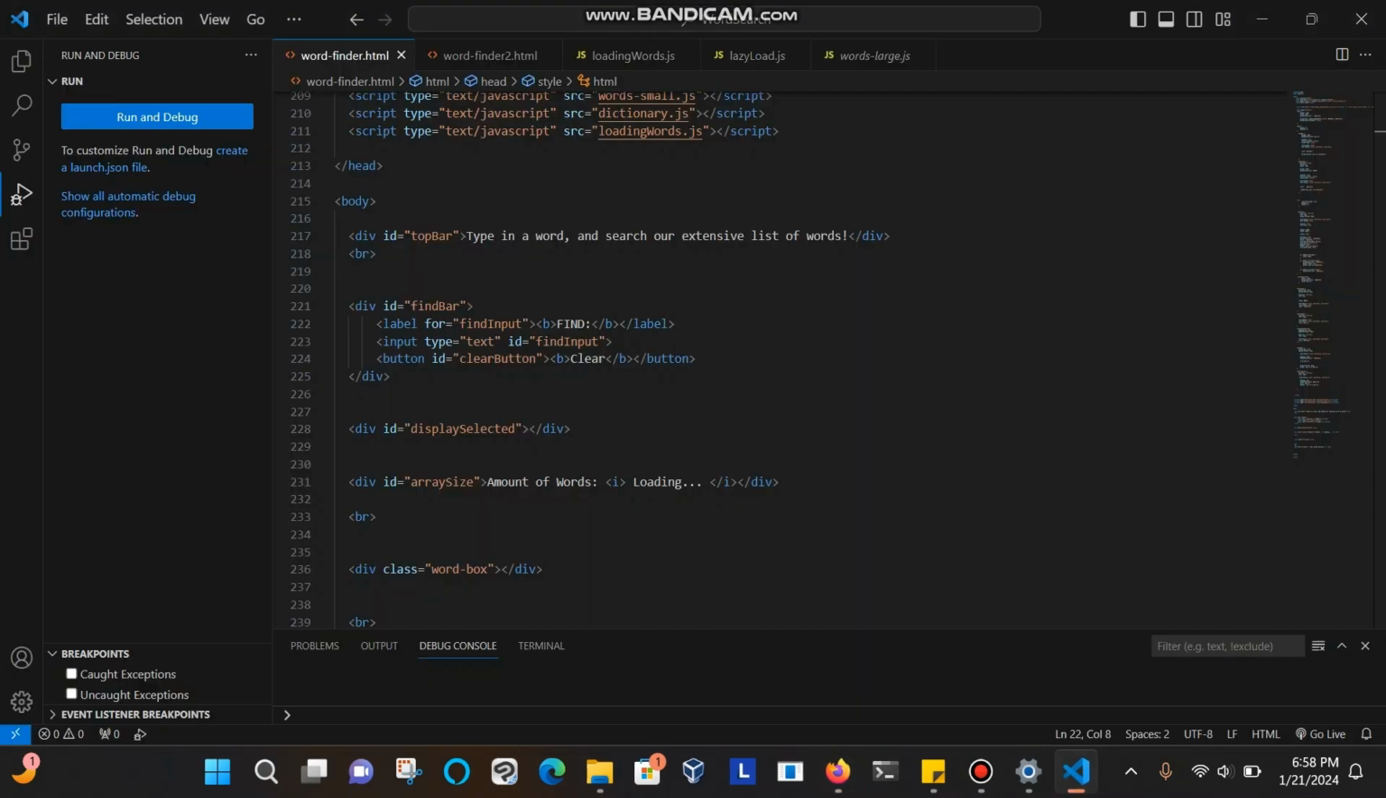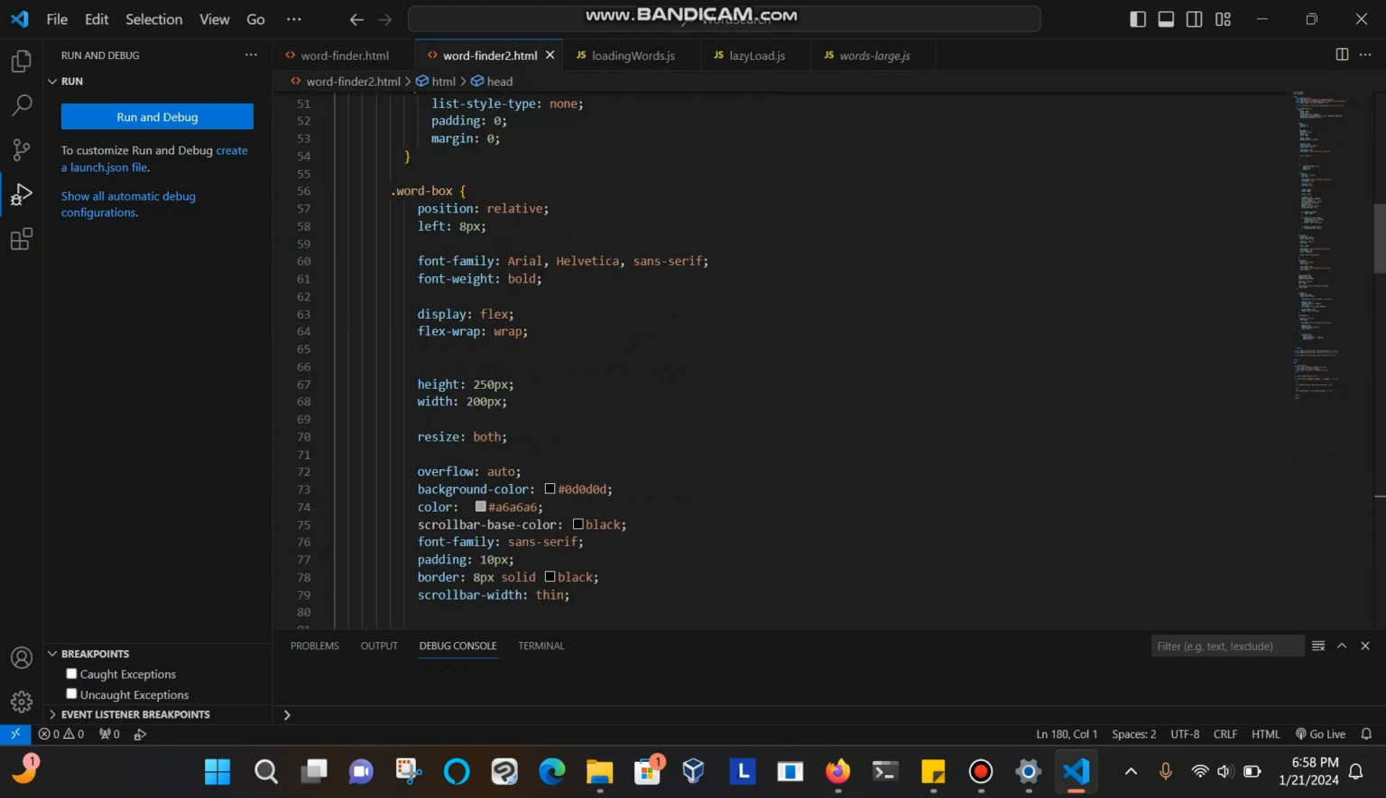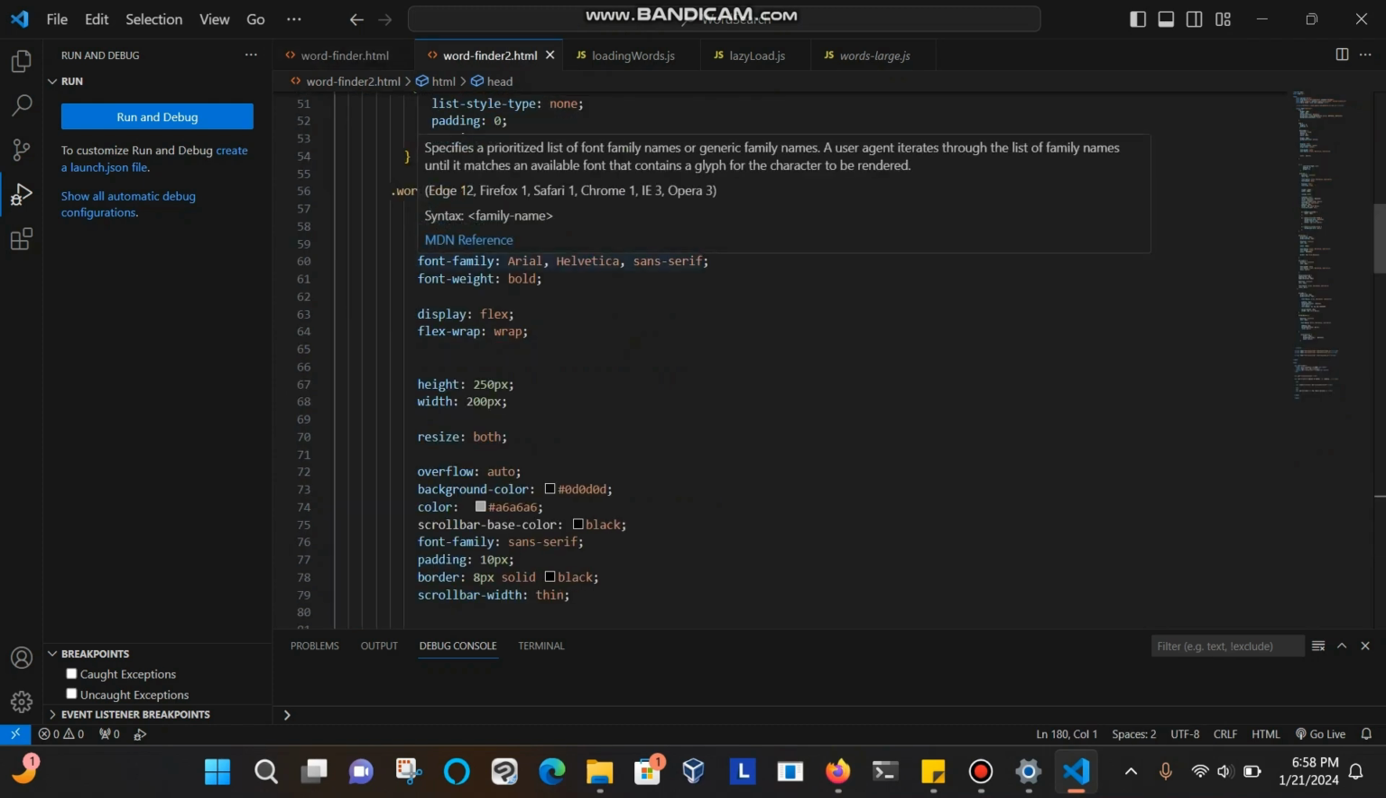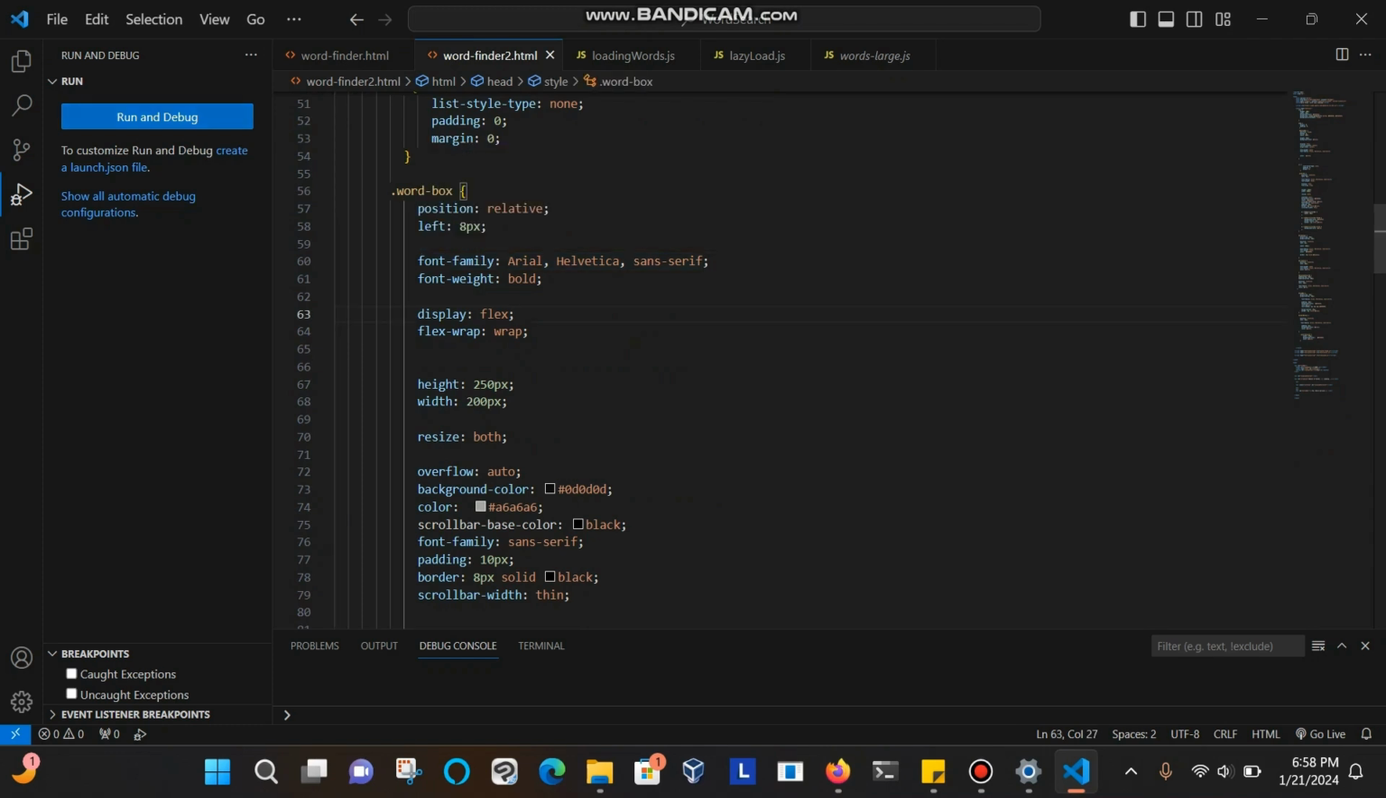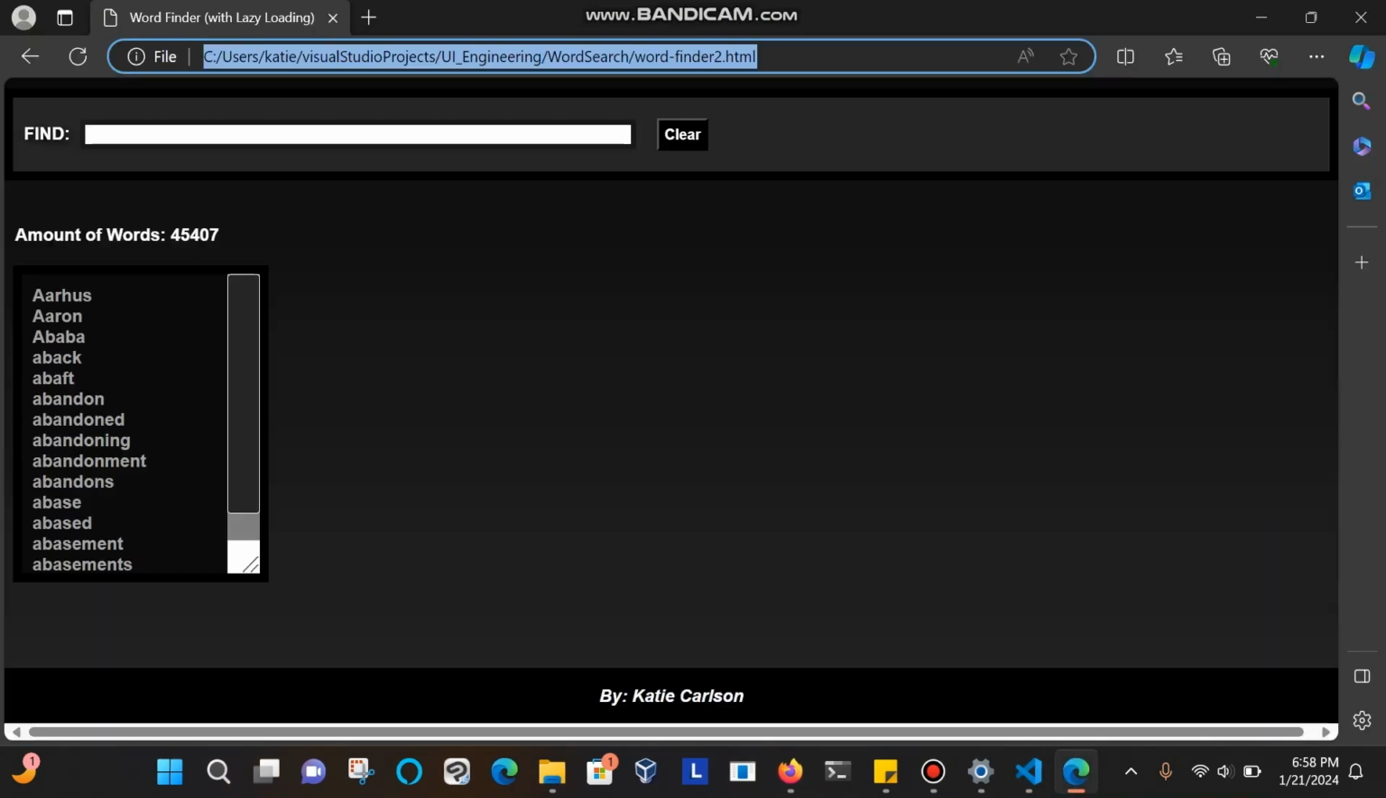Okay. And then on to my next file, which is wordfinder2.html. This basically has the same functionality as the first program, but it supports a larger list of words. Like if you saw earlier, the first program only supported about 800 or so. I think it was like 850, and then this one supports